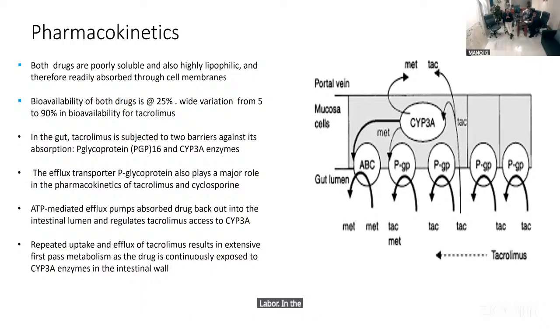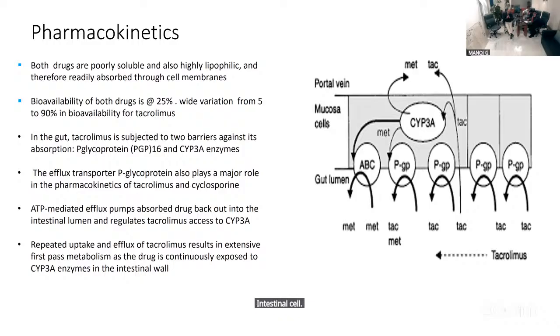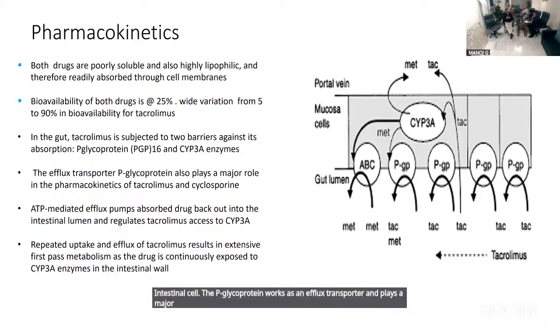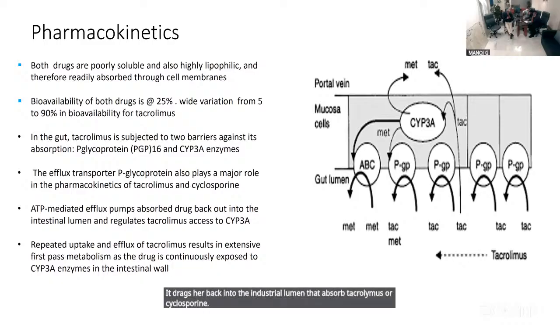In the gut, tacrolimus is subjected to, again, two barriers. Within the intestinal lumen or intestinal cell also, there are two barriers. One is the P-glycoprotein and CYP3A enzyme within the intestinal cell. The P-glycoprotein works as an efflux transporter and plays a major role in the pharmacokinetics of tacrolimus and cyclosporine. This efflux pump drags out back into the intestinal lumen the absorbed tacrolimus or cyclosporine, and it regulates tacrolimus